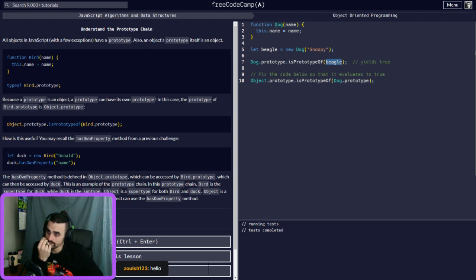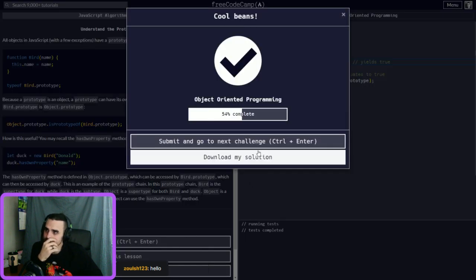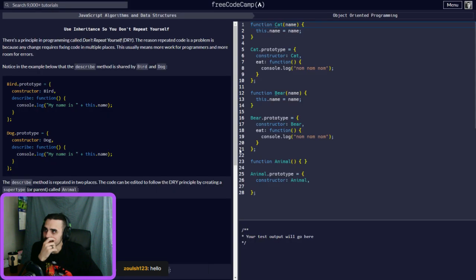So all Beagle, yeah, that would be true, right? I understand that, because it's a property of. I'd like to see how this is actually used, syntax wise, because I can see how it's a bit confusing in practice.